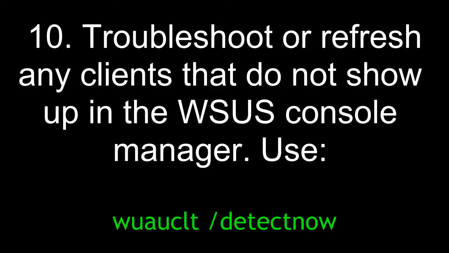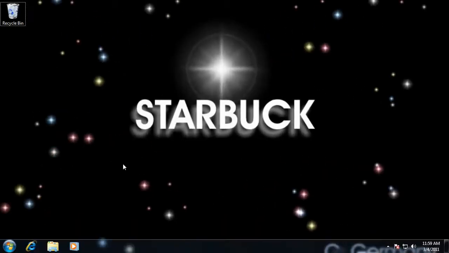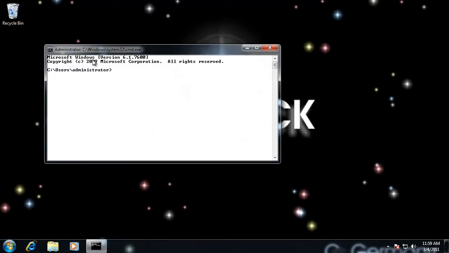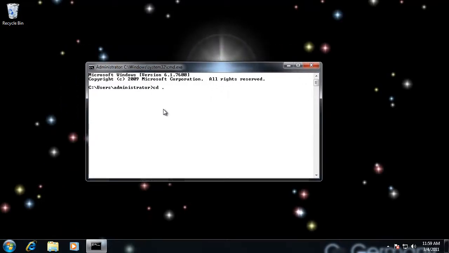10. Troubleshoot or refresh any clients that do not show up in the Windows Software Update Services Console Manager. Use the tool WUAUCLT /detectnow. So I'm on my Windows 7 client workstation, hostname Starbuck, and I'm going to open a command prompt. And in this command prompt, I'm just going to use a command line tool, so I don't have to wait